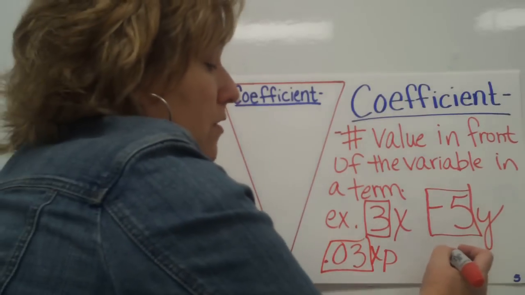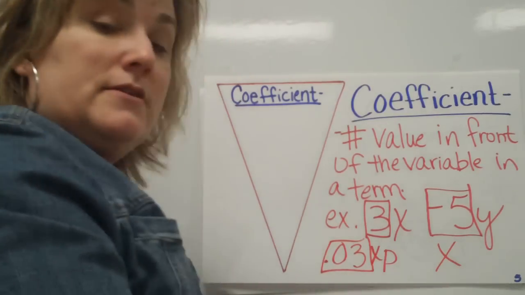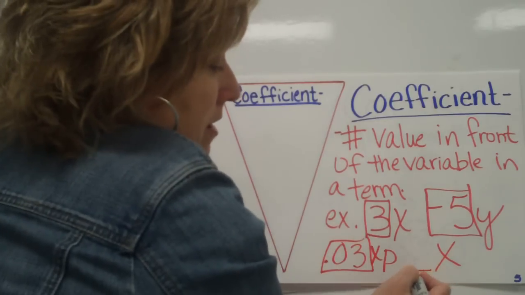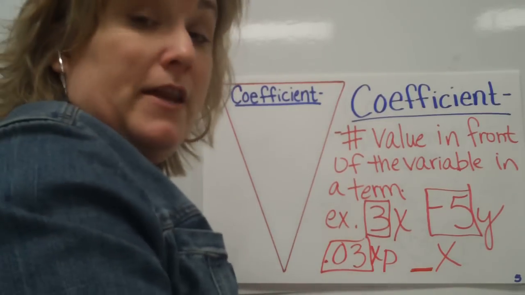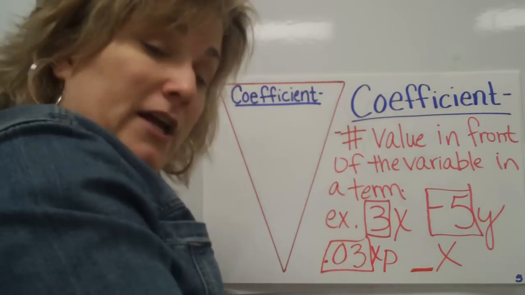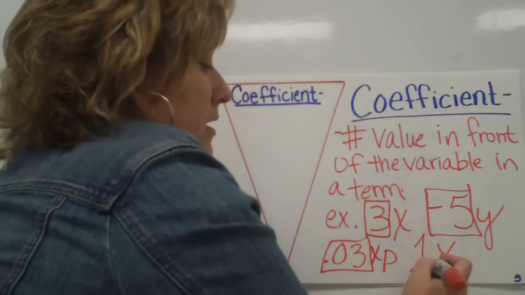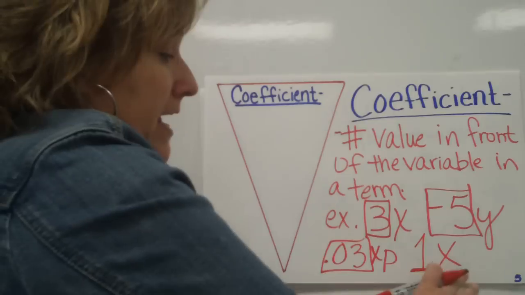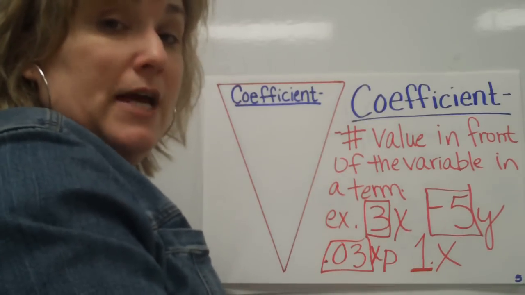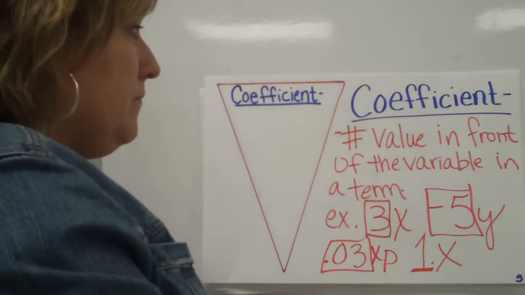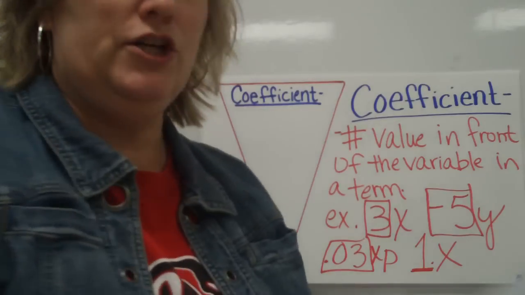And the last one I'm going to go over is this one right here. If you just have an x by itself, what number is understood to be in front of that x? Hopefully everybody knows that that is a number 1. If it's an x by itself, it's automatically understood to have a 1 in front of it. Okay? So the next thing we're going to